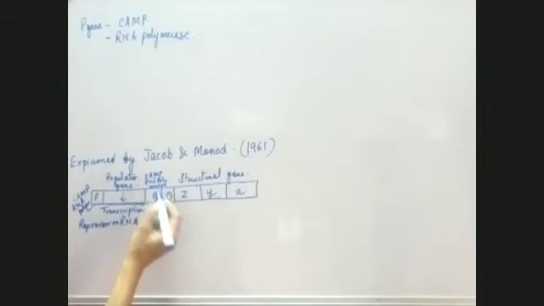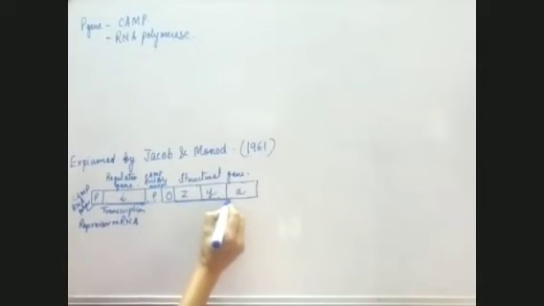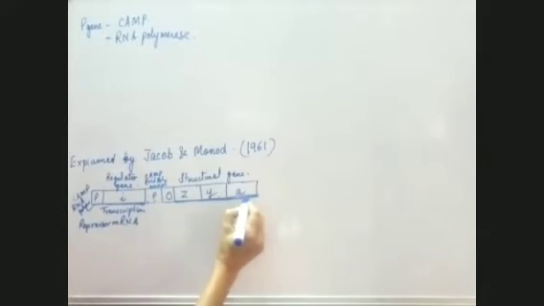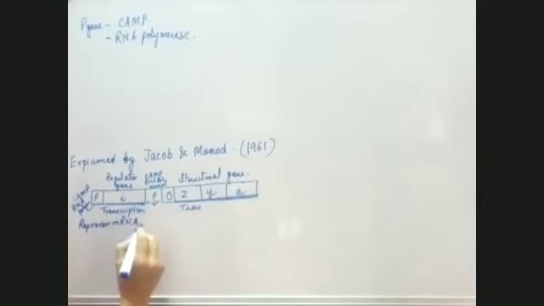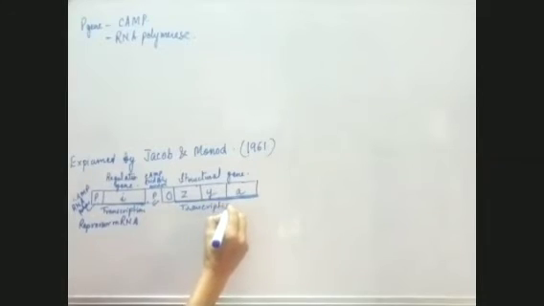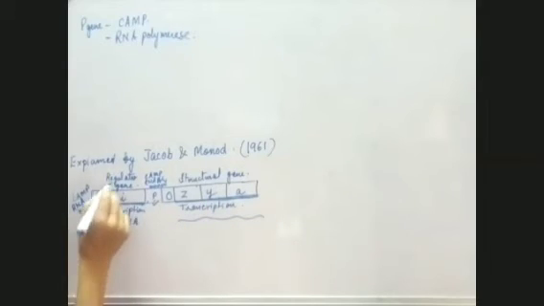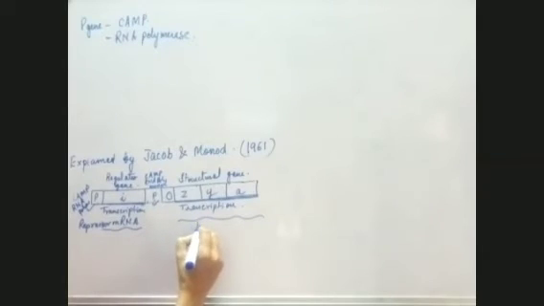And here, when RNA polymerase and cAMP bind, the structural genes will also undergo transcription because RNA polymerase has added up here. Can you see the RNA polymerase? As a result of transcription, what is formed is lac messenger RNA. The messenger RNA for the repressor is formed just below I, and this one is known as lac messenger RNA.